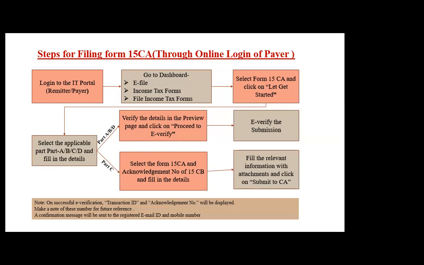So I will just tell you one pointer in that. हाँ सर, important point मैं बता देती हूँ 15 CA और CB में। देखिए, whenever you are issuing a 15 CB, there are two options to go inside. One is through a PAN login and other through a TAN login. What we do is that we enter through the PAN login. 15 CA generally foreign residents के पास होता ही नहीं है PAN. They have the TAN login.